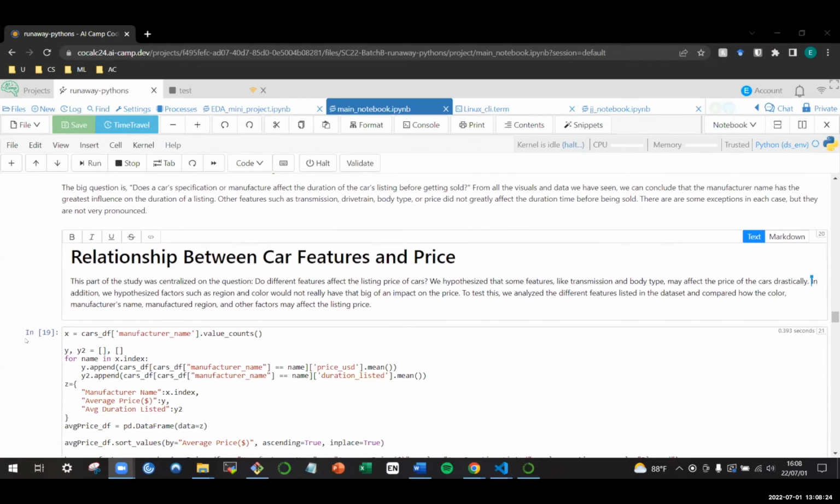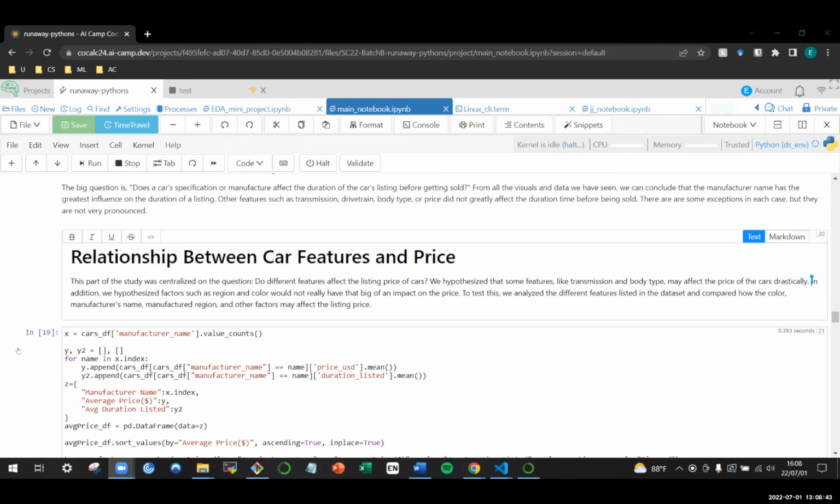Relationship between car features and price. This part of the study was centralized on the question, do different features affect the listing price of cars? We hypothesized that some features like transmission and body type may affect the price of the cars drastically. In addition, we hypothesized factors such as region and color would not really have that big of an impact on